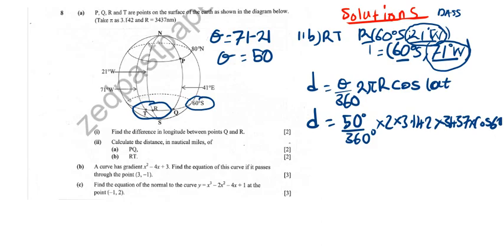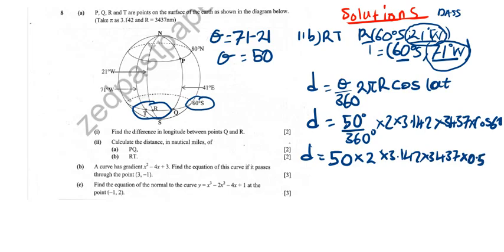And then you are going to say your distance will be equal to, now remember if you have a cos, you start by multiplying with a cos, you say cos 60. Now if you want, you can punch direct, but I advise you to go step by step. You say cos 60 multiplied by, I mean 50 multiplied by 2 multiplied by 3.142 multiplied by 34, 37. Now when we say cos 60, we have found